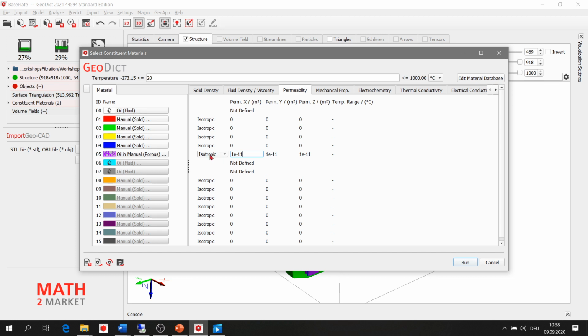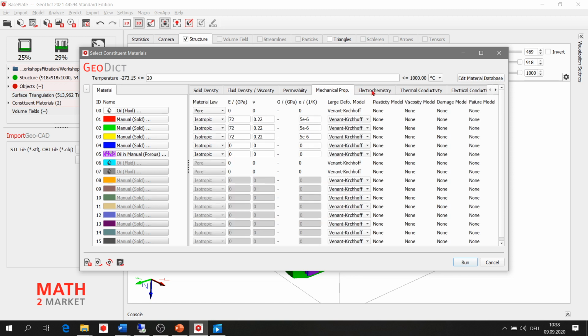If your permeability is isotropic, it means the same in every direction. If it's not, you can select anisotropic and select the different values in X, Y, and Z directions. We assume for this study isotropic permeability. The rest of the parameters are not necessary to edit or change.